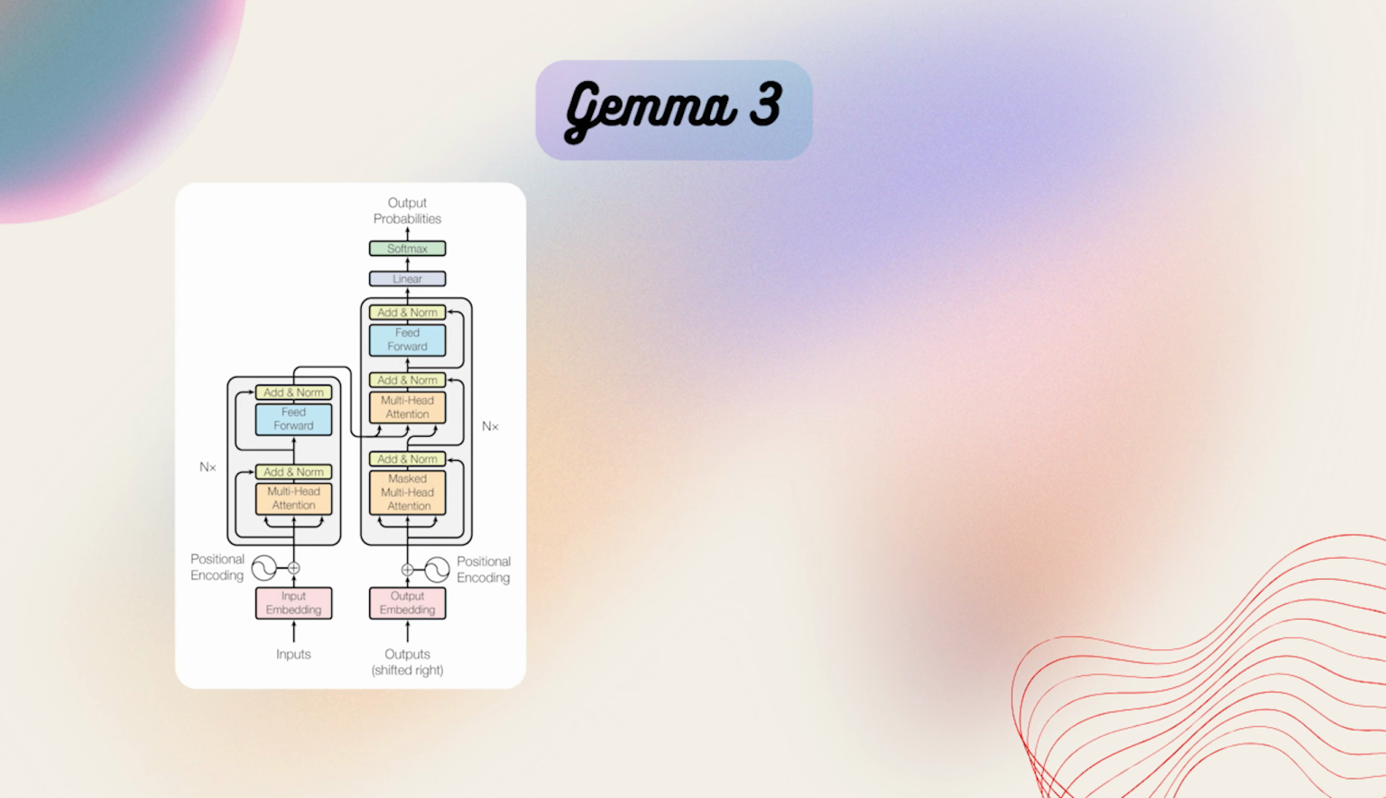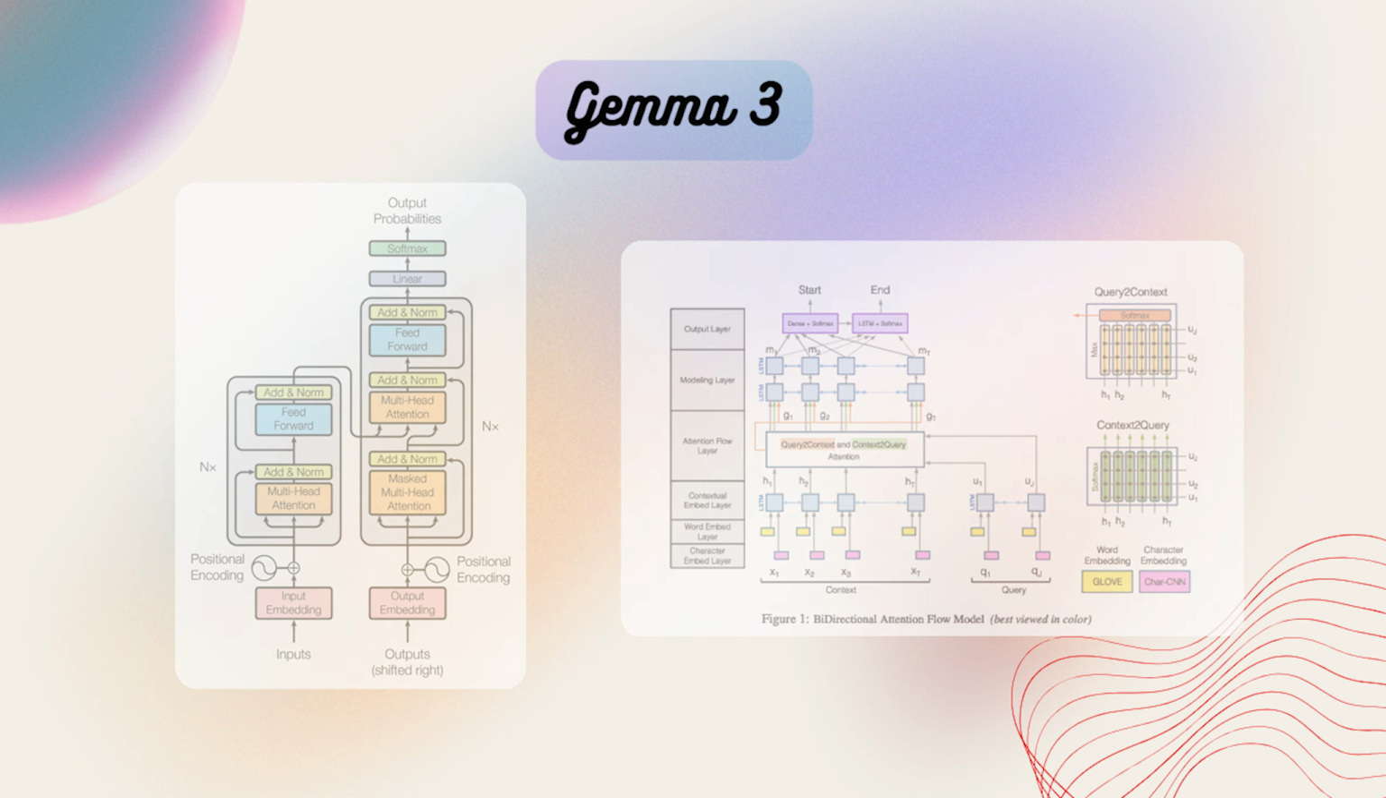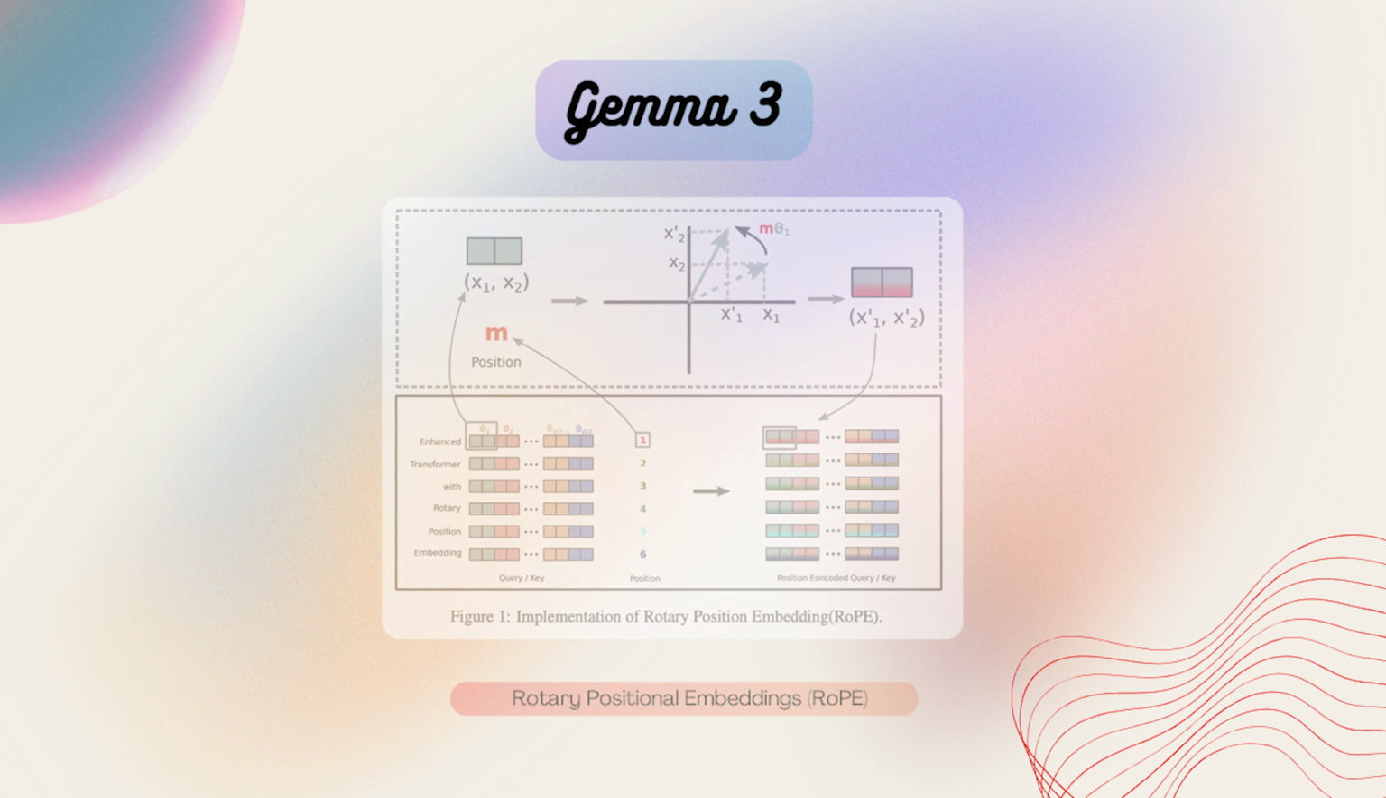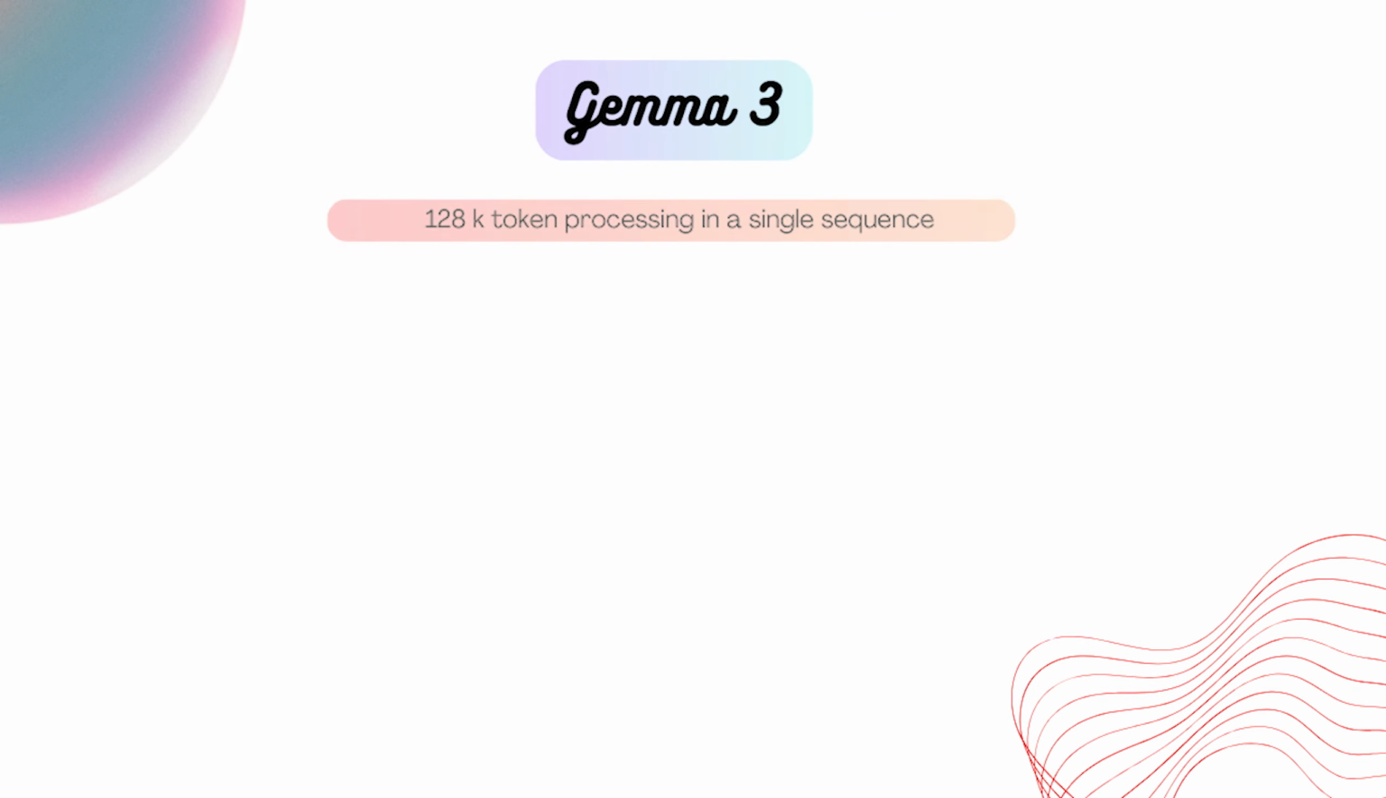The core of Gemma 3 is a transformer-based architecture, but with some serious upgrades. It uses rotary positional embeddings, a technique that allows models to handle long contexts efficiently. While previous models like Gemma 2 used a base frequency of 10K, Gemma 3 scales this up to 1M. That means it can process up to 128K tokens in a single sequence, great for long documents, in-depth conversations, and